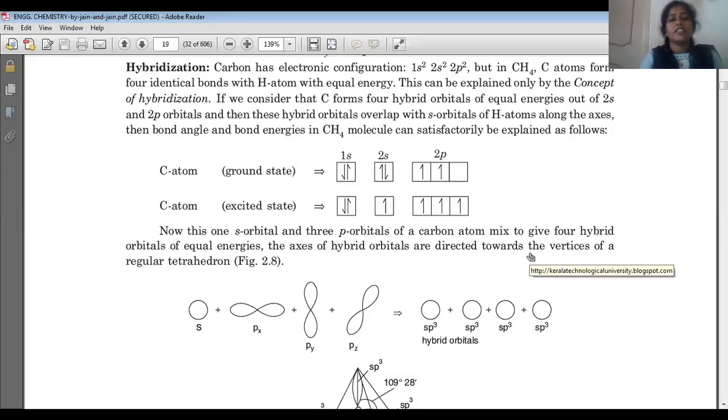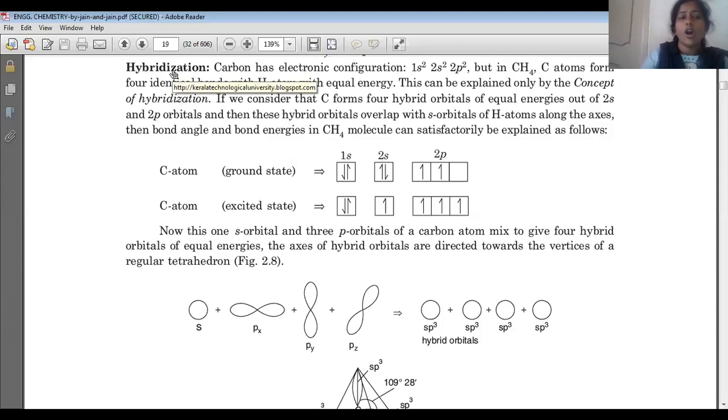Hello friends, in this session we are going to discuss hybridization of molecules. According to valence bond theory, hybridization of atomic orbitals determines how the orbitals are generated in the molecule. It plays an important role in the construction of molecules. Now let us discuss how many types of hybridization are possible, how the atomic orbitals get combined